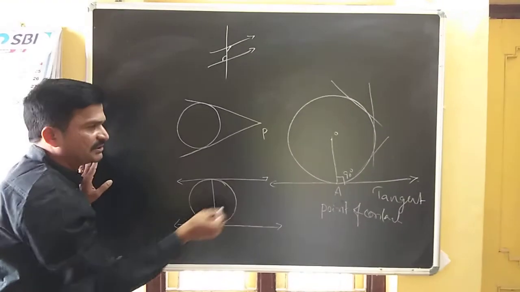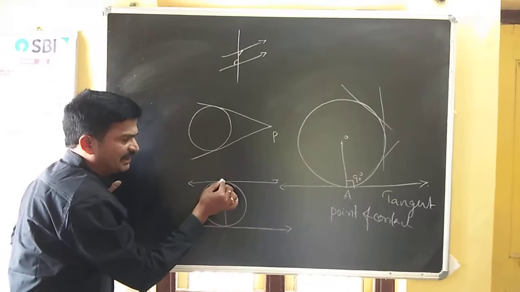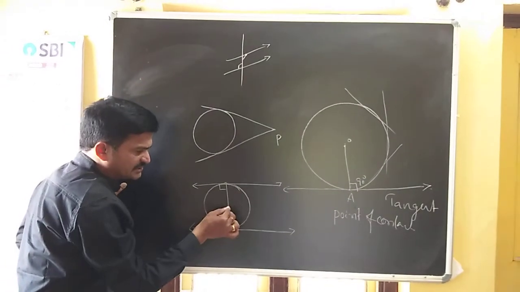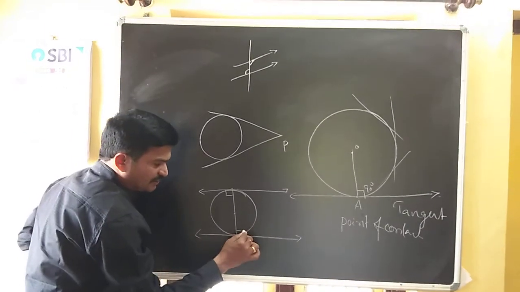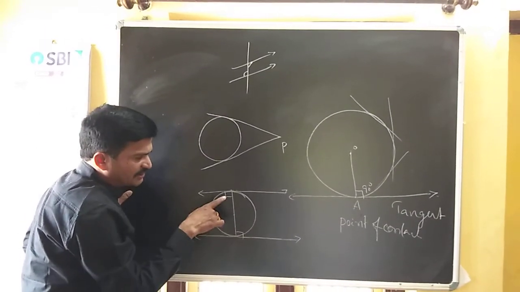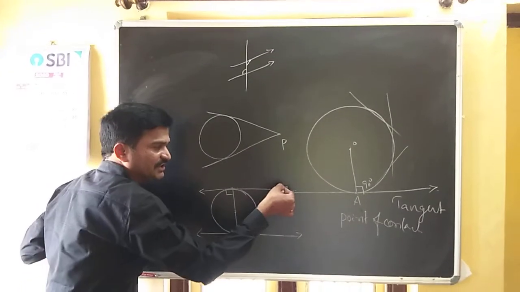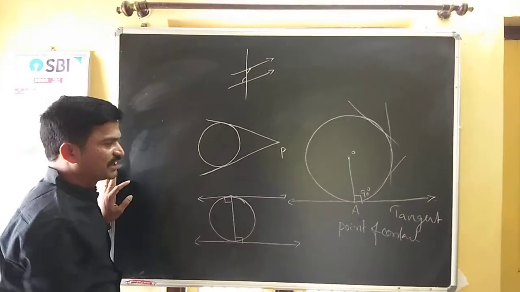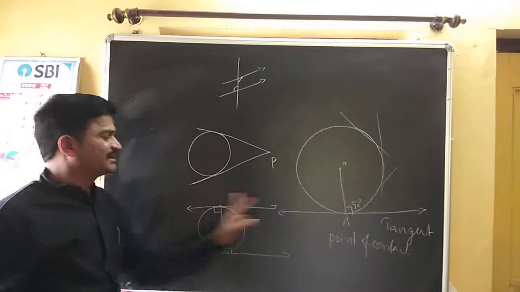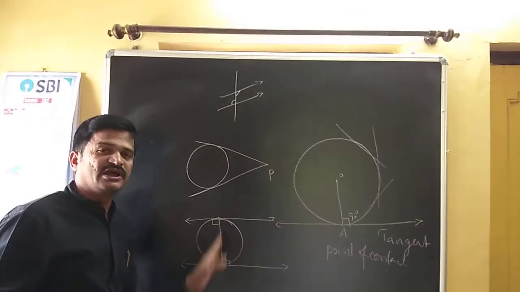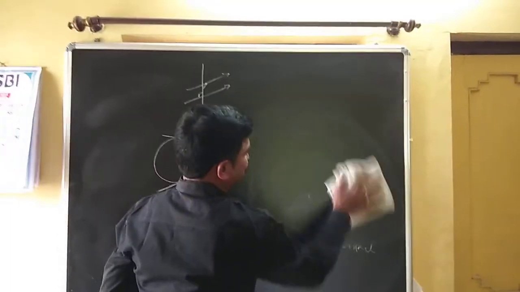How did we apply it here? Just before, we know that it is a right angle, because it is the angle between the radius and tangent at the point of contact. So it is also 90 degrees. And now coming to here, these and these are alternate interior angles. As these two are equal, hence we can say that these two tangents are parallel. Now based on this, we can say that the tangents drawn through the endpoints of the diameter are parallel. And one more point also we have discussed. What is that?